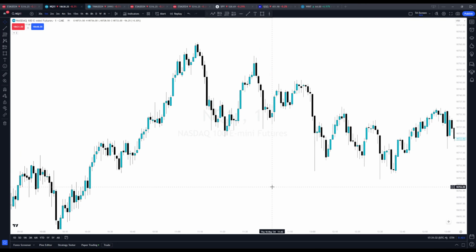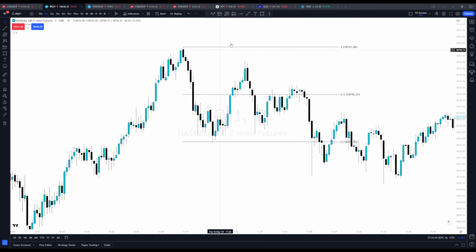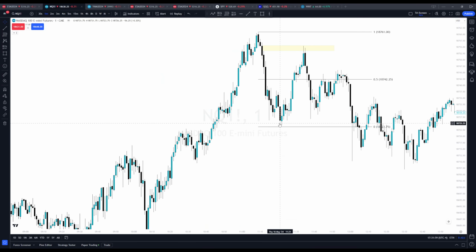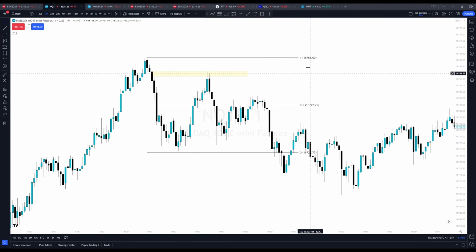I like to draw from here. You see, boom, we get up here. This was actually today, so I was actually watching this trade. But you see, like I said, you don't want to long above 50%, and you want to wait until you're below 50% to long. The opposite obviously goes for shorts. If you think the market is bearish and the higher time frame draw on price is lower, you want to look for shorts above 50%.